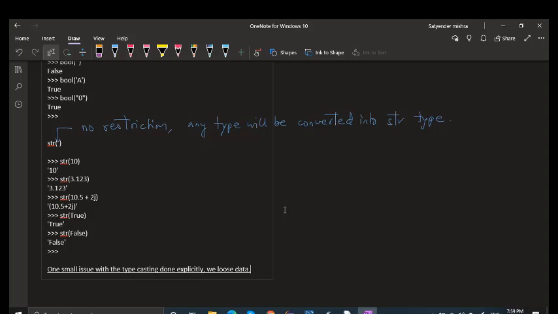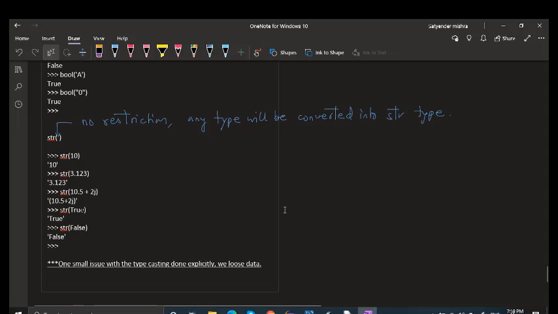So be sure when you are doing typecasting: when it is required, use it; when it is not required, don't use it. That is why I have written this line.